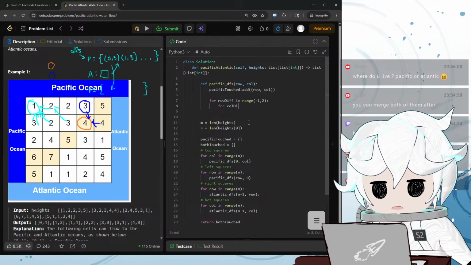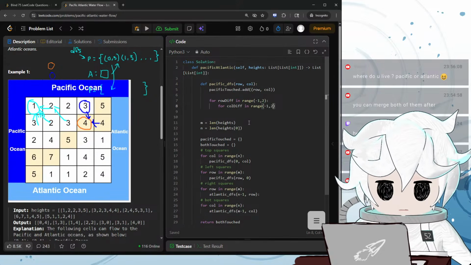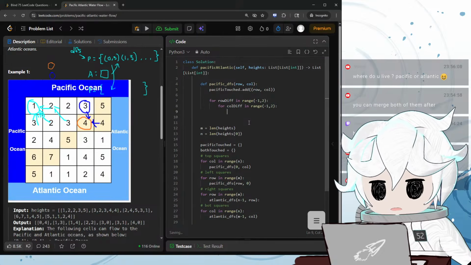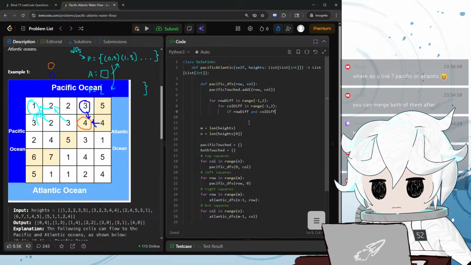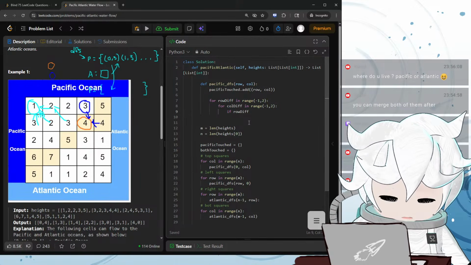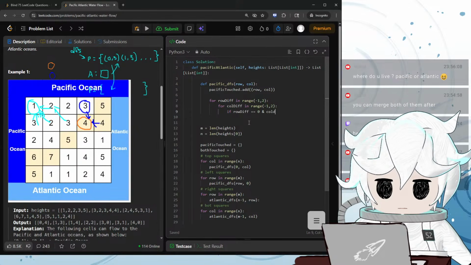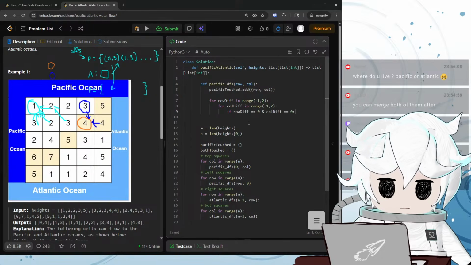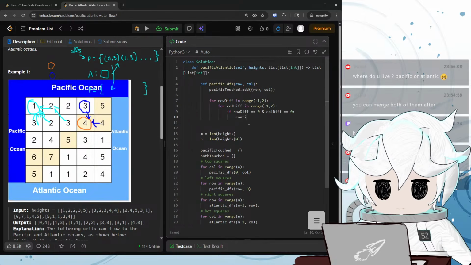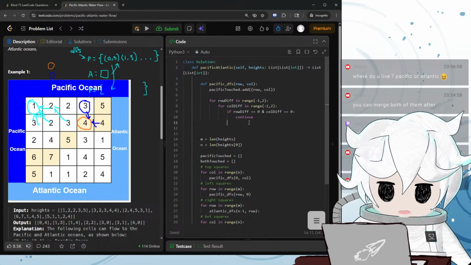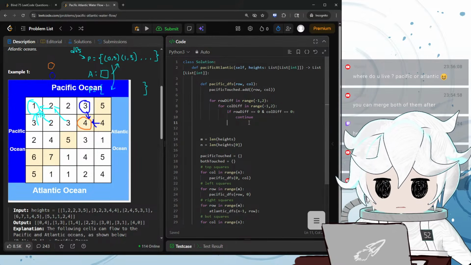And then for column diff in range -1 to 2. So effectively -1 to 1. If row diff equals 0, and column diff is equal to 0, meaning it's the same square that we've touched, then continue. Else you do recursive calls on them. So Pacific, oh, we have to check if it's,